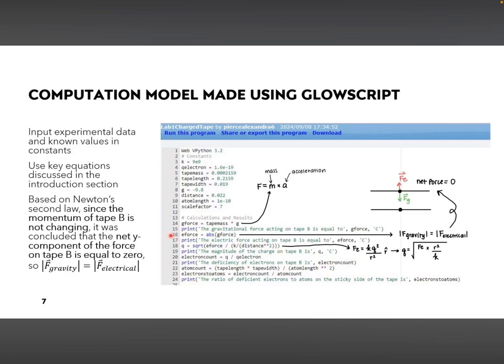Then I also used the principle that, based off Newton's second law, since the momentum of tape B is not changing, the net y component of the force on tape B is equal to 0. So the magnitude of the gravitational force is equal to the magnitude of the electrical force. I put that in my code to solve for the electrical force. Then since that value is now known,